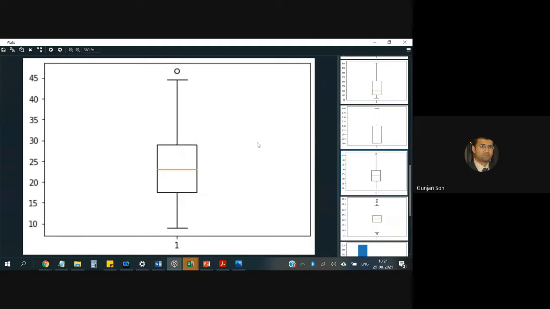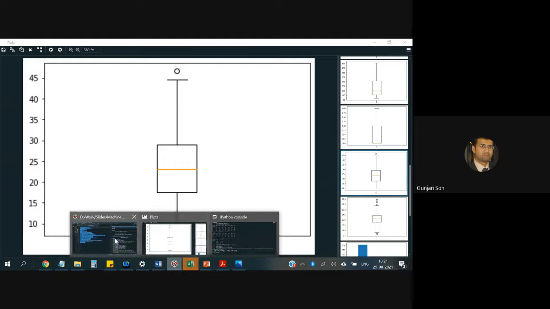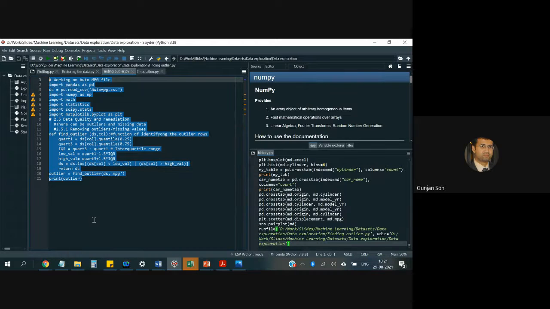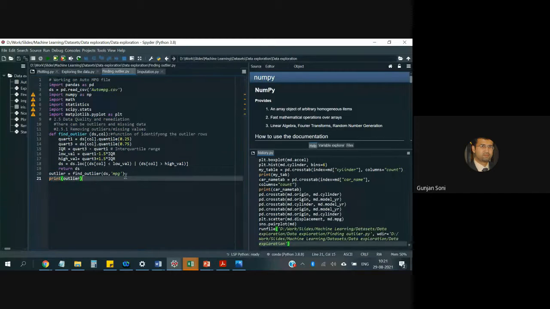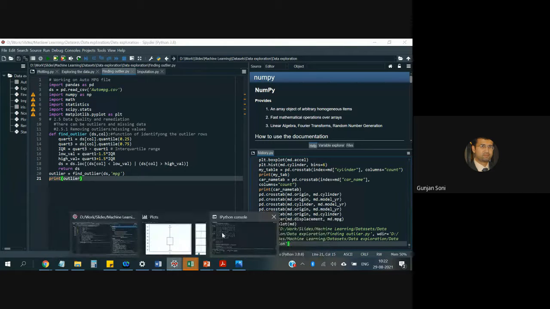Yeah, so this is that outlier, 46.6, and it is exhibited here. We can find outliers for the others as well. So let's see, we found the outlier for another.